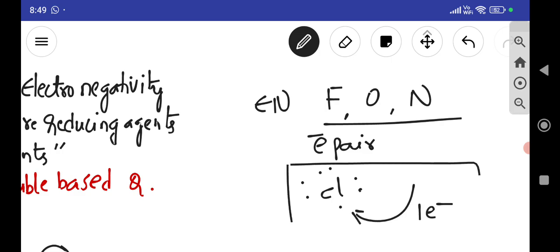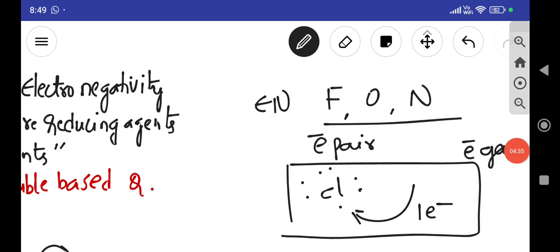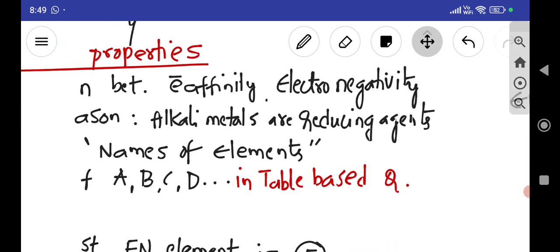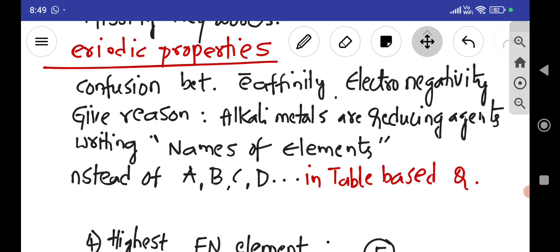So enthalpy involved in one electron is electron gain enthalpy or electron affinity. Hope you have understood this. The tendency to attract a pair of electrons is known as electronegativity. So we should not make mistakes between these. Then give reason